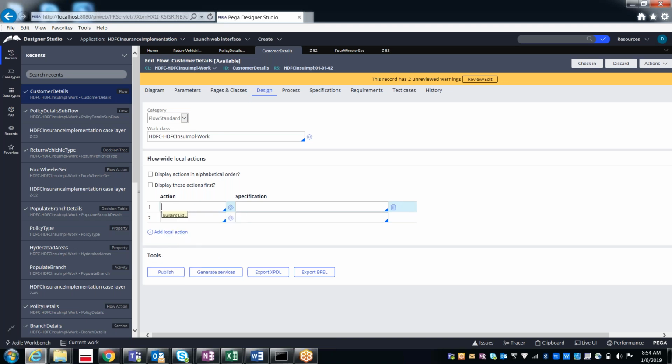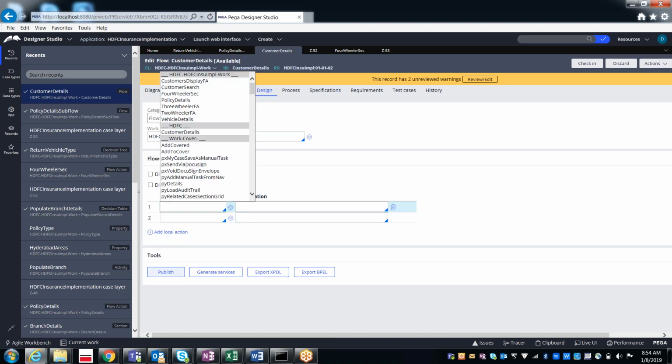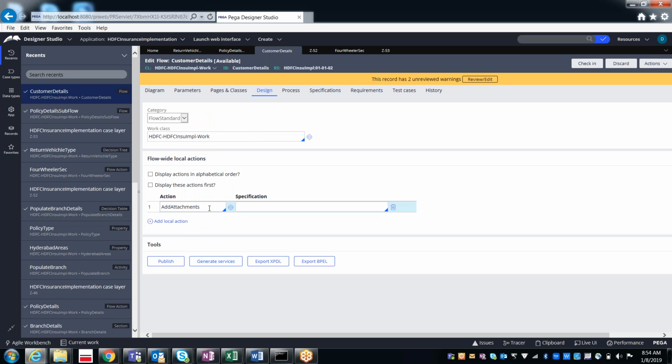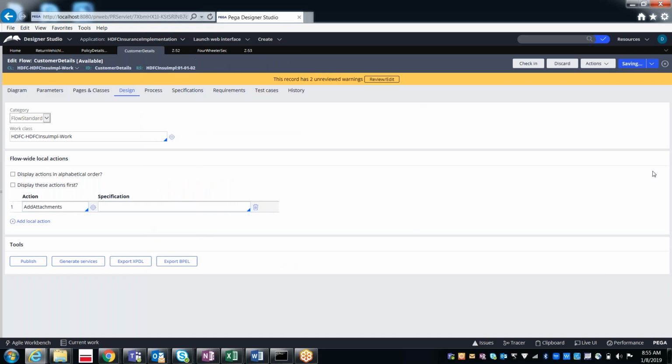Go to more and then add attachments. I only want to add one local action. Give that and then save it.